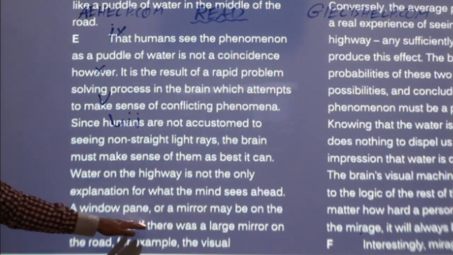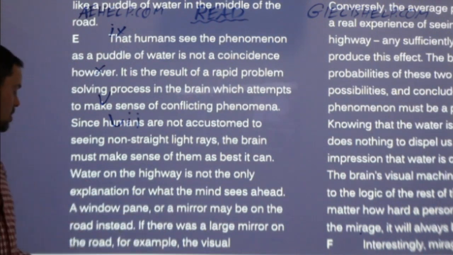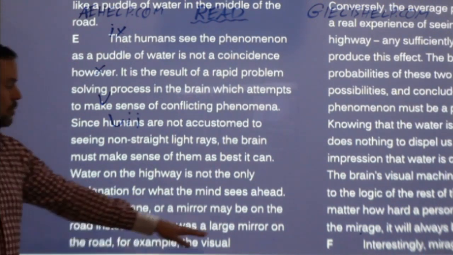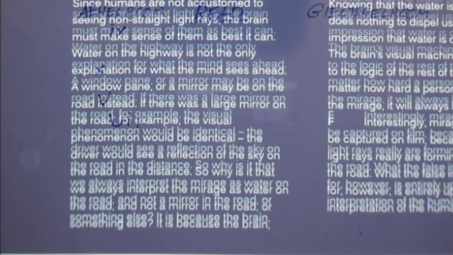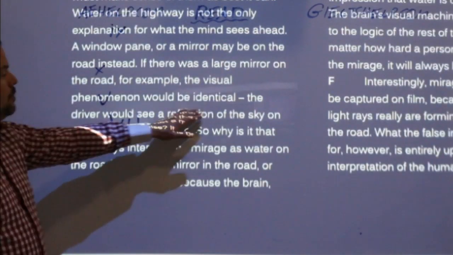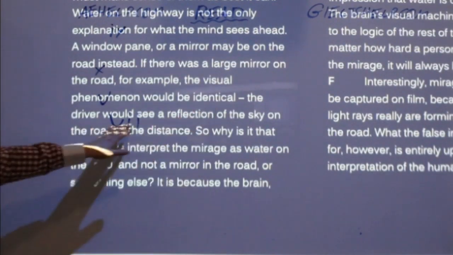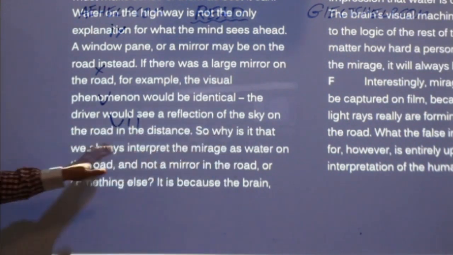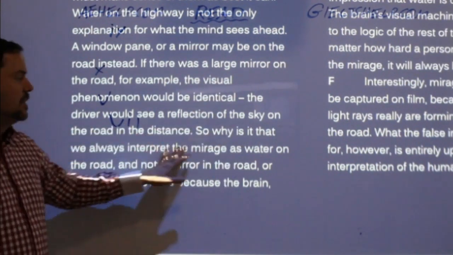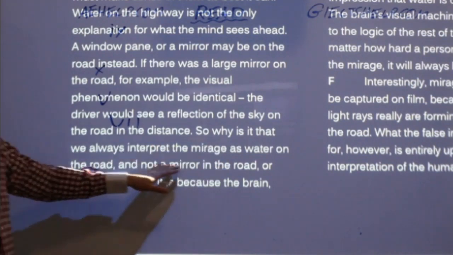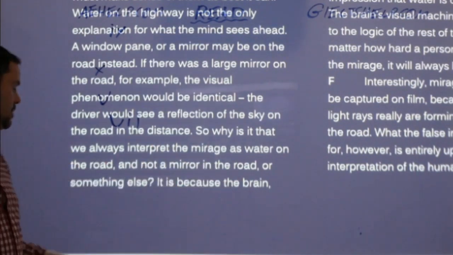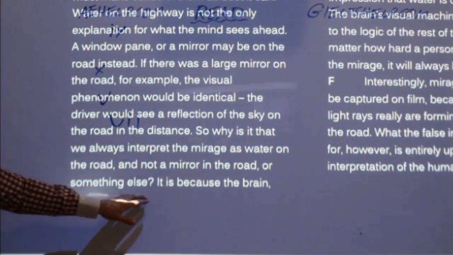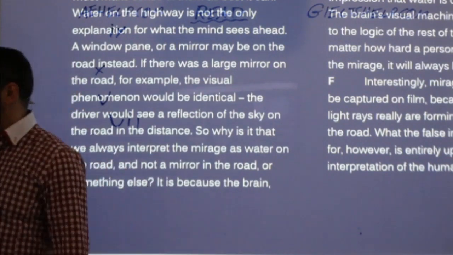Water on the highway is not the only explanation for what the mind sees ahead. A window pane or a mirror may be on the road instead. If there was a large mirror on the road, for example, the visual phenomenon would be identical. The driver would see a reflection of the sky on the road in the distance. So why is that we always interpret the mirage as water on the road and not a mirror in the road or something else? It is because the brain,